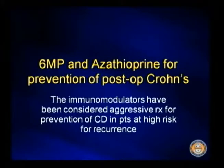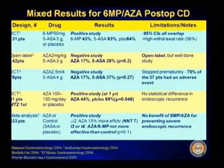Well, what about 6-MP and azathioprine? I think most of us until recently would agree that for post-operative prevention, starting a patient on one of these medicines post-operatively probably would represent the most aggressive course of treatment. And this slide may be hard to see, but this is a table that just looks at all of the